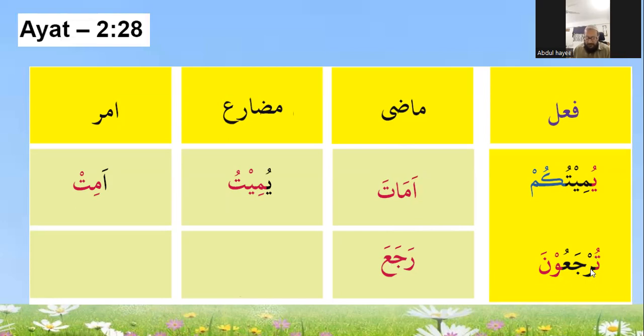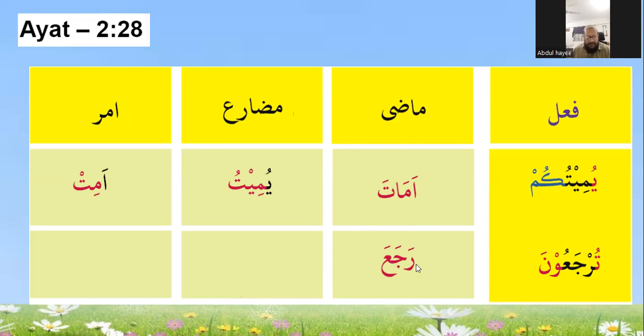Ilamat mudari, what is that? Rajiman. I wrote here, Rajiman, no harkat. The first letter in mazi is always fatah. The last letter is always fatah. Now the jim is left. Go and find it in the original word. Where is the harkat? Fatah. So put fatah. Now it becomes the mazi, raja. Now I want to make the mudari.